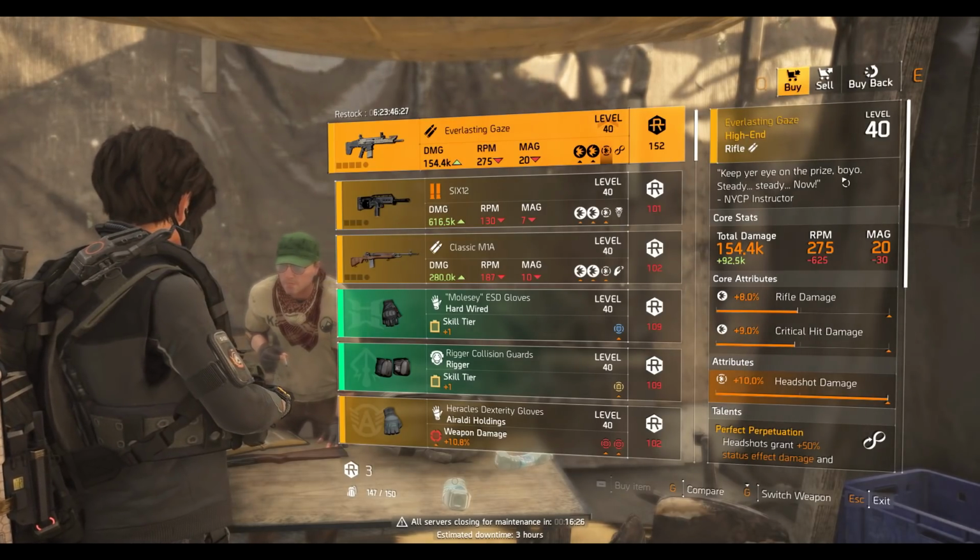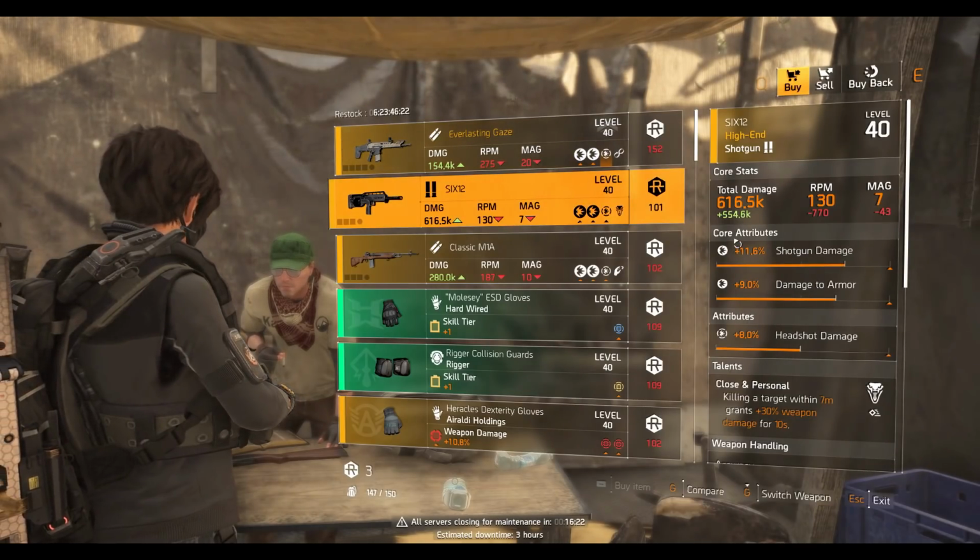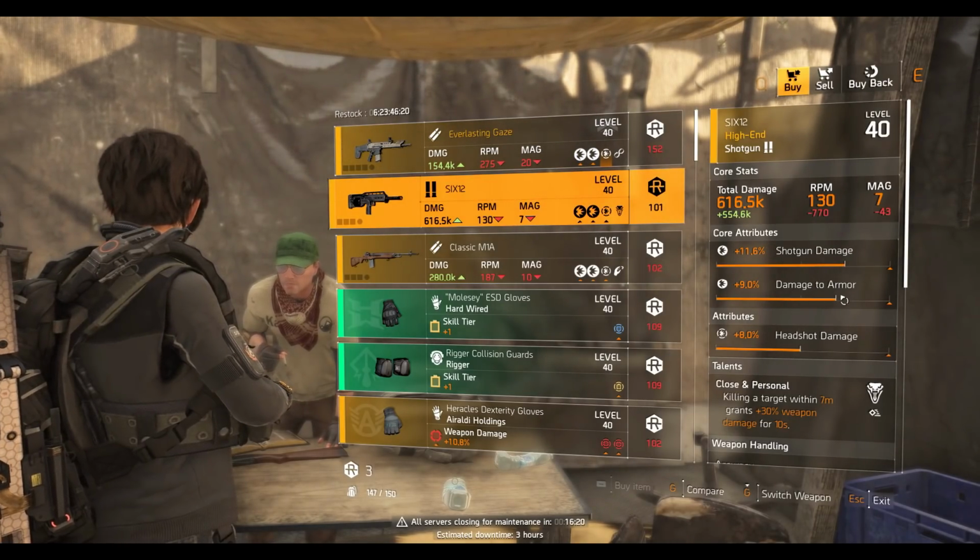I mean, not Aces and Eights. I mean, what is it called? Eclipse Protocol, yeah. Then we have the 612 shotgun, which is 11.6% of shotgun damage, 9% damage to armor, 8%